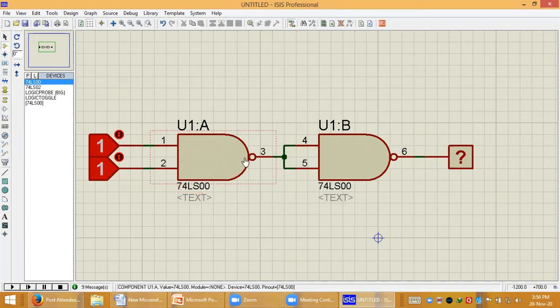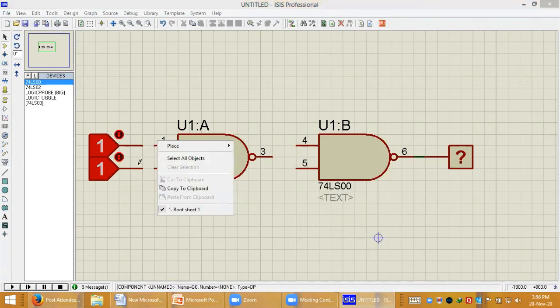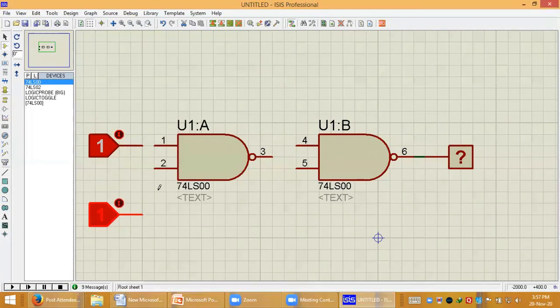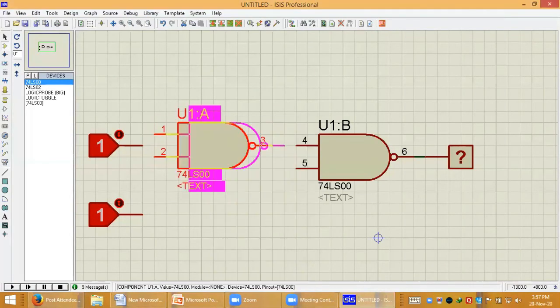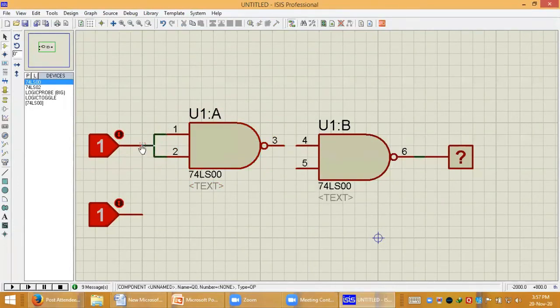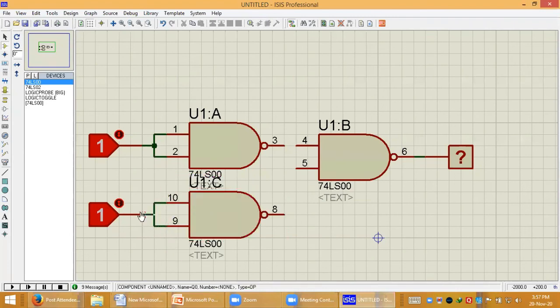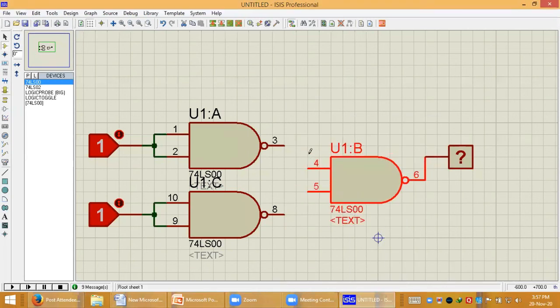I will change this circuit diagram. Okay, so this is our OR gate.